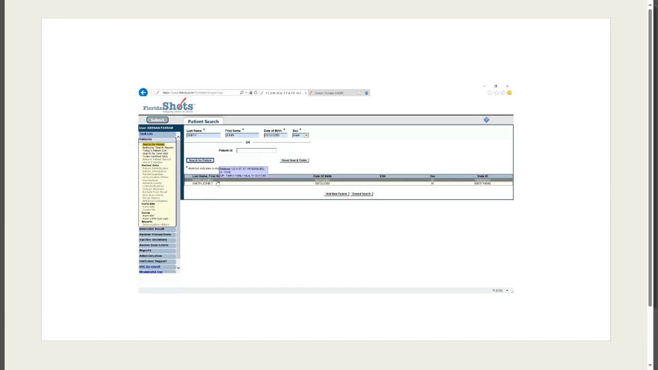So go ahead and hover over, check on the addresses, go into each record, check the parent or guardian, the address information, the vaccinations, determine if this is in fact a duplicate. And if it is, simply call the Florida Shots help desk and they will be able to help you merge the two. If this is not the same person, because we know there are common names